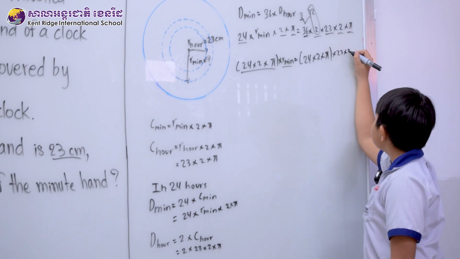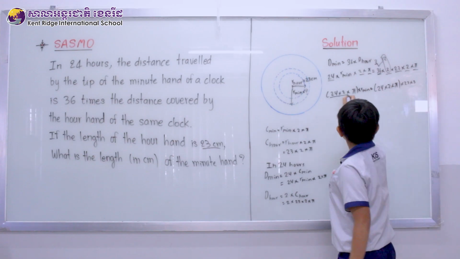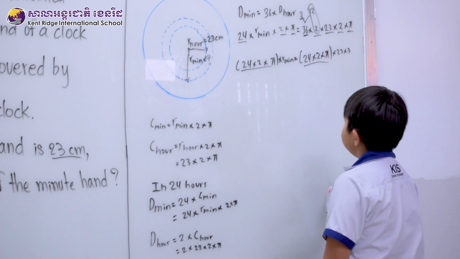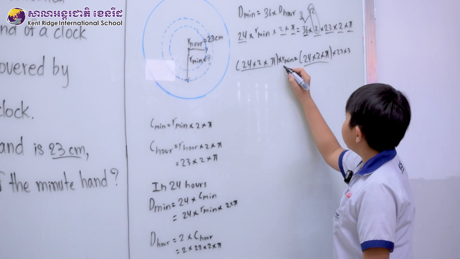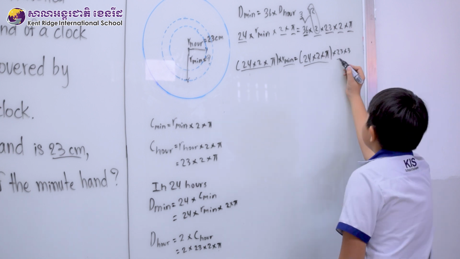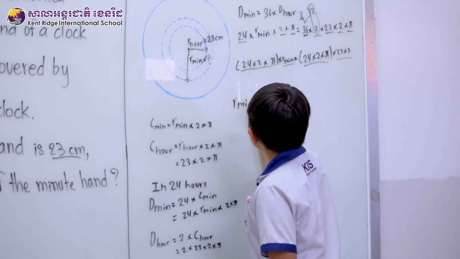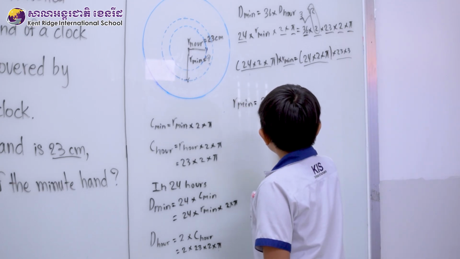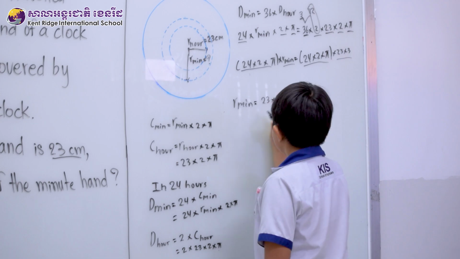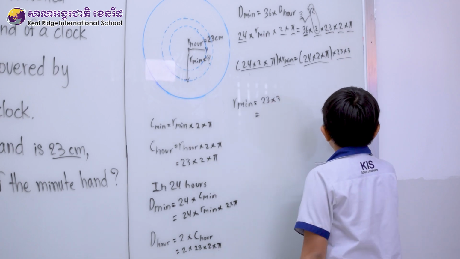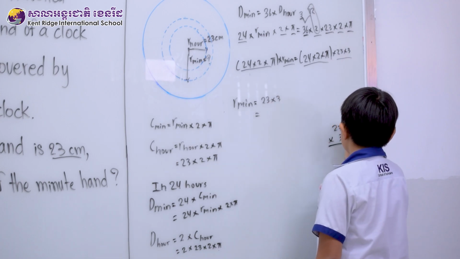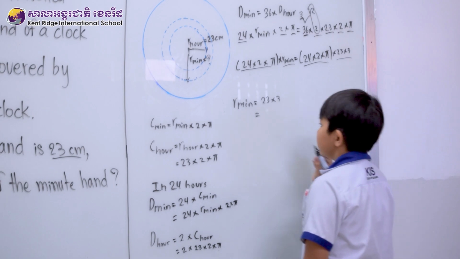So it's equal to times 23 times 3. Since we know that this part and this part are the same, we're left with the radius of the minute hand and 23 times 3. So the radius of the minute hand is equal to 23 times 3, which is equal to